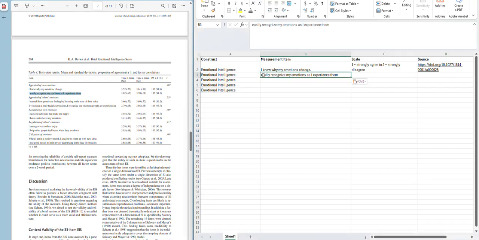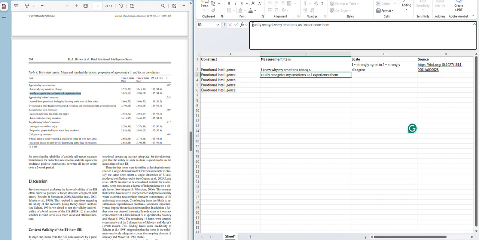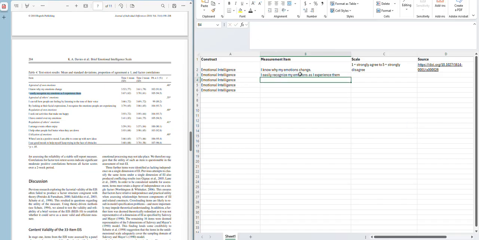Copy, paste. I easily recognize my emotions as I experience them. I can tell how people are feeling by listening to the tone of their voice,